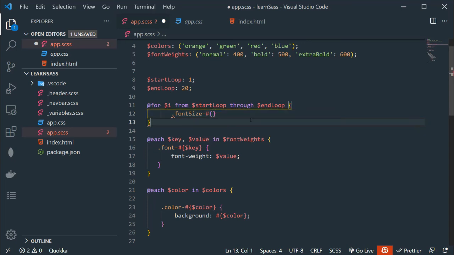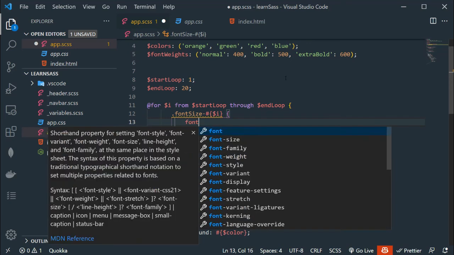Let's say if I add a variable like $i, SASS will treat this variable as a string. So what we need to do, simply we have to add hash curly braces, and inside there we have to add $i like so.